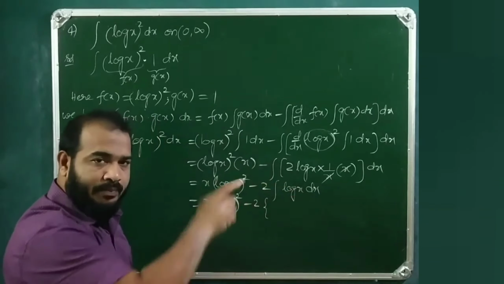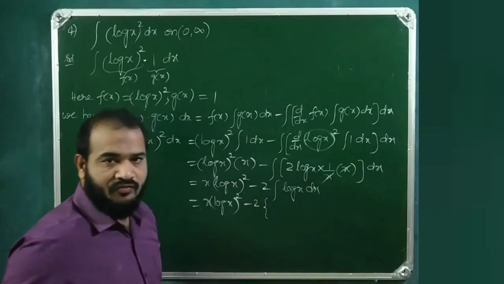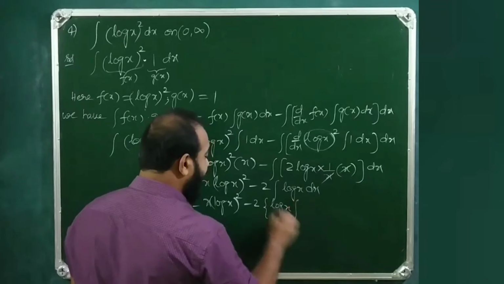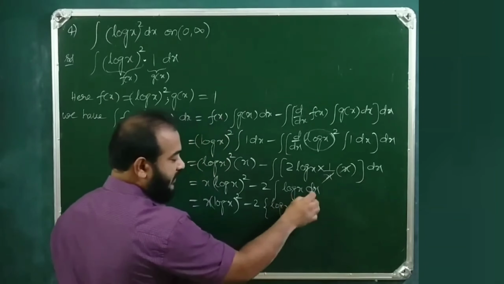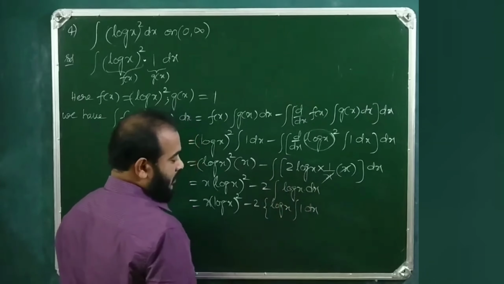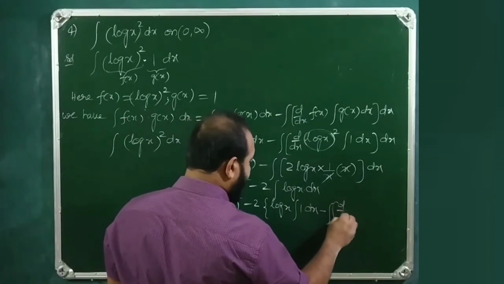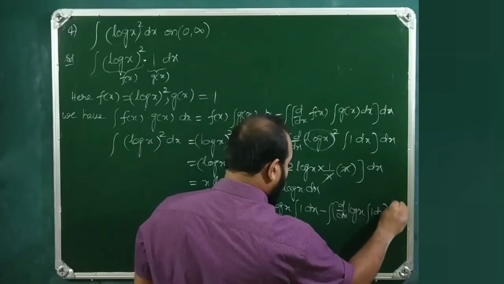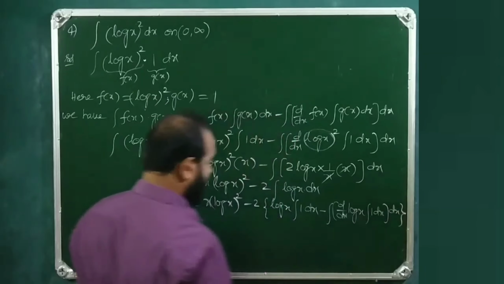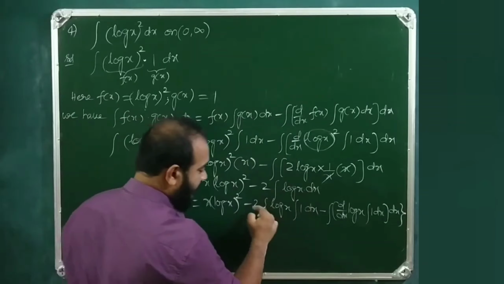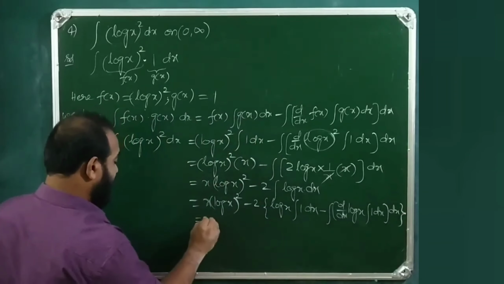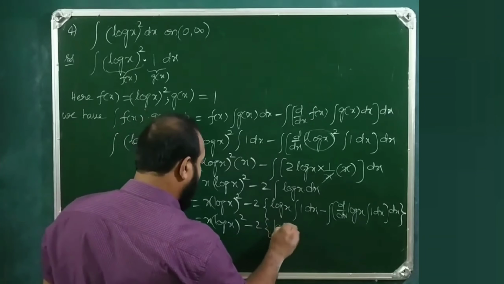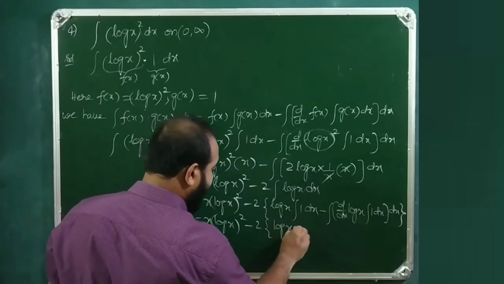Integration by parts is also applicable for logarithmic functions, where the second function is treated as 1. So first function into integral of second function, because log x into 1 we can write that into 1, minus integral of d by dx of first function into integral of second function dx whole dx. So 2 is multiplying with the whole. So this is equal to x log x whole square minus 2 into log x, integral 1 dx is x